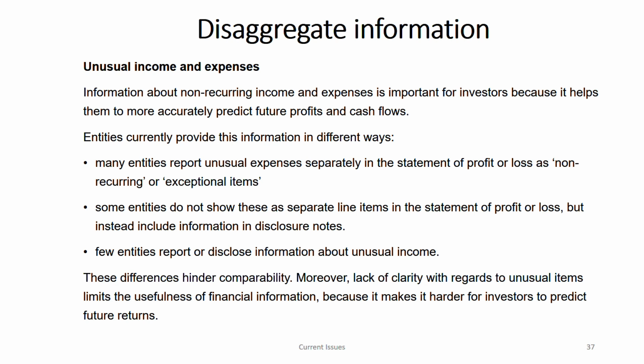So all these issues happening are what? Comparability is being hindered, right? So because of that, it becomes very tough for the user to compare. And also there is a lack of clarity. It's not very clear what is the meaning of unusual item. Which item should you take as unusual, which one should you not take? Because no standard says that this is an unusual item, this will not be an unusual item. So that also makes it very difficult. Clarity is not there. This also limits the usefulness. So again it becomes harder for the investor.